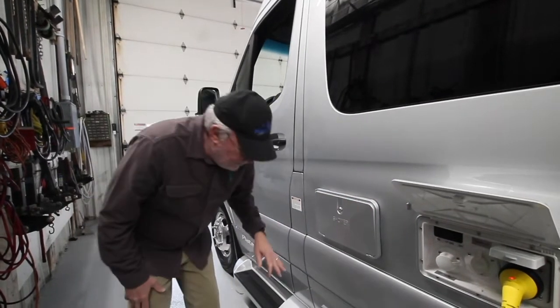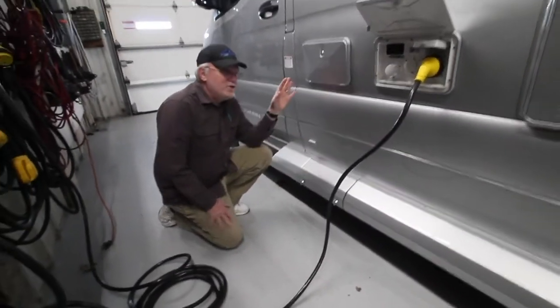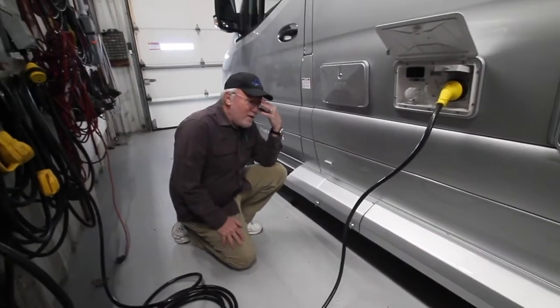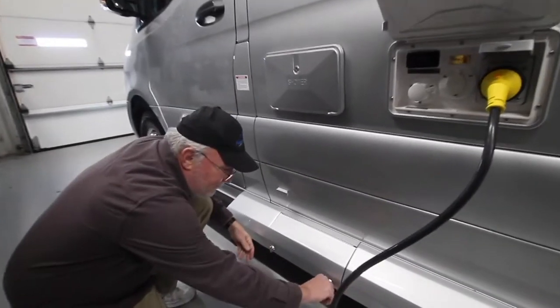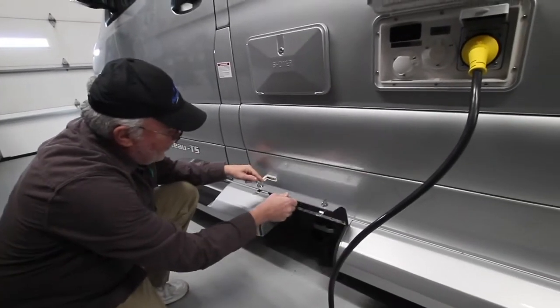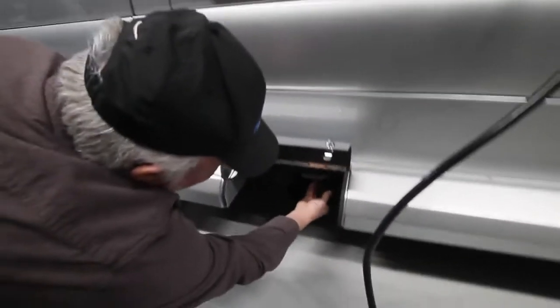So the last thing I'll show you on this side is how to empty your holding tank. So if you've read up a little bit, most people would know that you have, in addition to your freshwater tank, you have 2 wastewater tanks. You have the gray, which is your sink and your shower water, and you have the black, which is your toilet. So when the time comes to empty them, there's a gauge inside that you can keep track of how their levels, how full they are. But you open up this. So these are the 2 handles here, and this is the